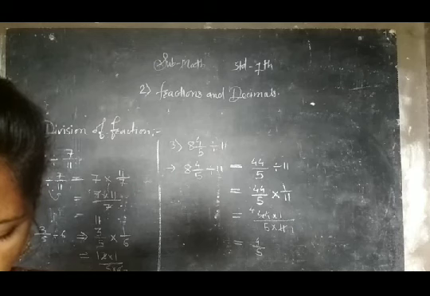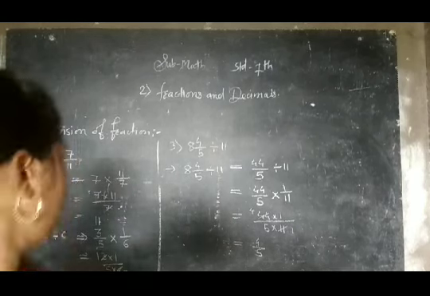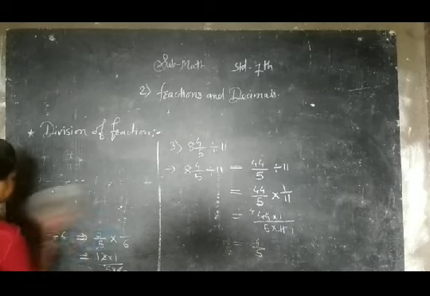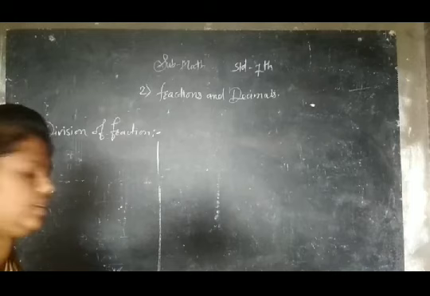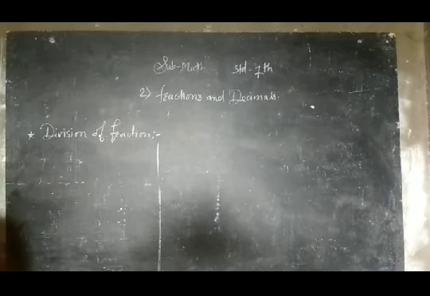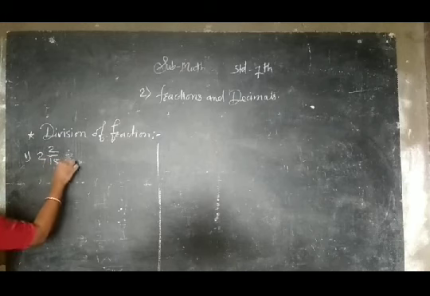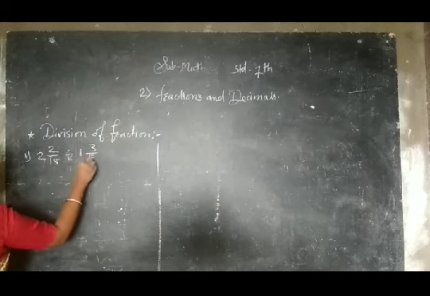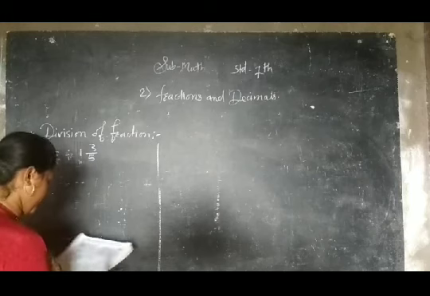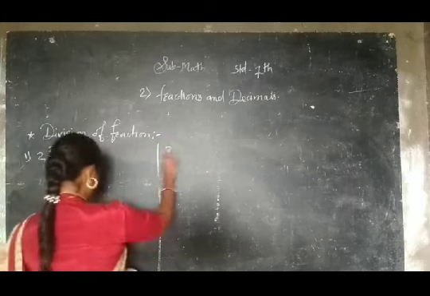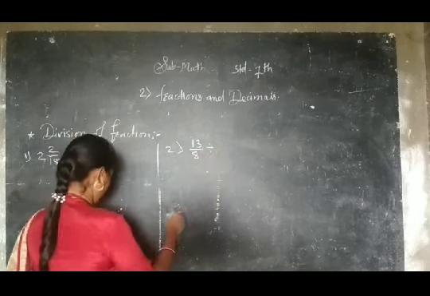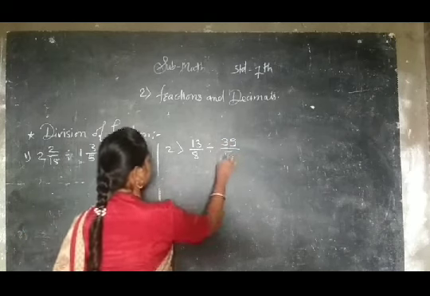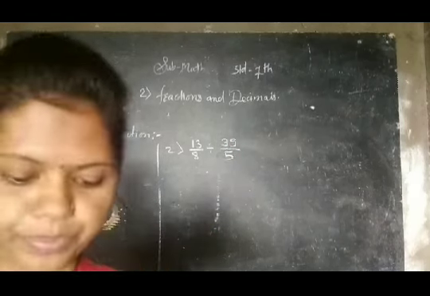So here we have some examples of division. We will solve two examples from the division. The first one is 2 and 2 upon 15 divided by 1 and 3 upon 5. And the second example is 13 upon 8 divided by 39 upon 5. Okay. So, see here,